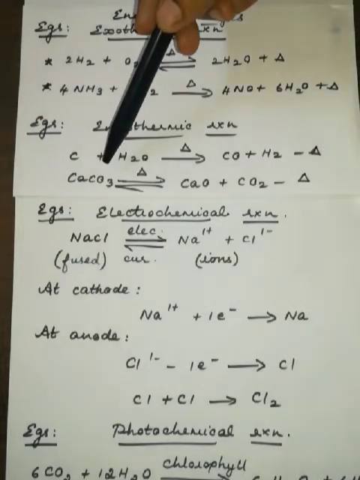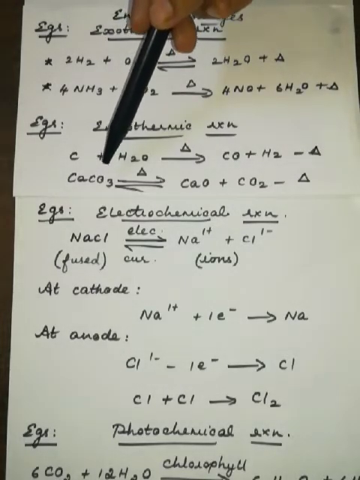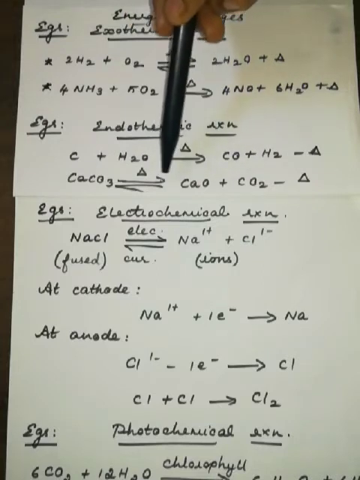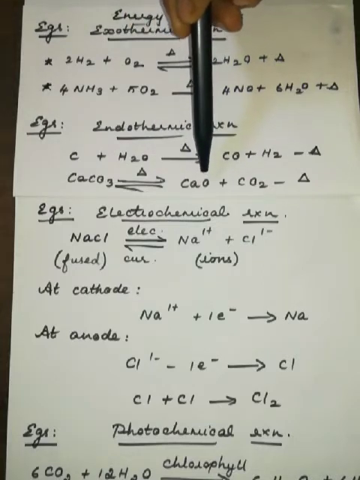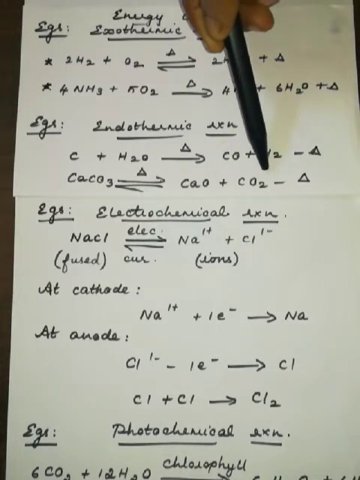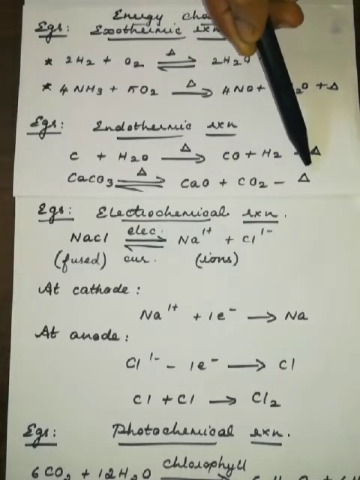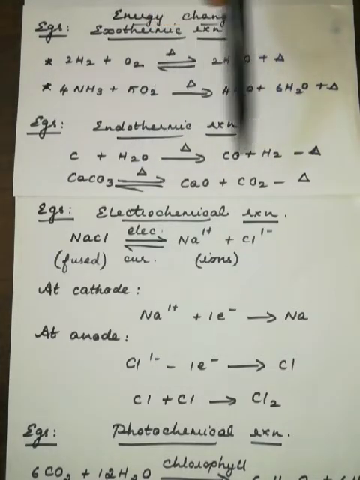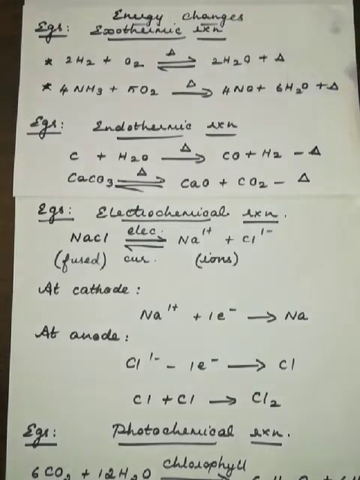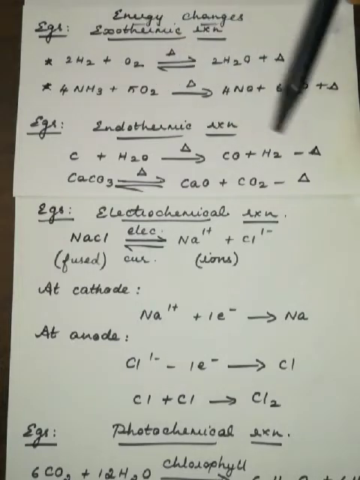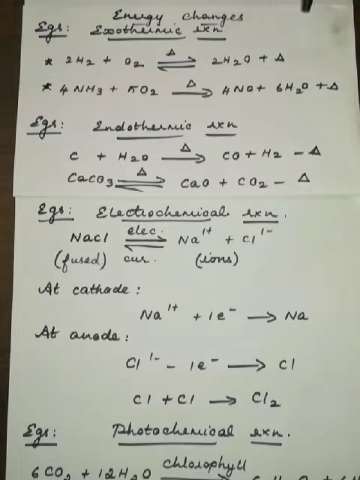In the same way, when you heat calcium carbonate, that is limestone, you get quick lime, that is calcium oxide, and carbon dioxide, and heat is absorbed. So a lot of heat will be absorbed in this reaction. These reactions are all examples of exo and endo. Exo means heat is liberated, endo means heat is absorbed. You can identify easily: the plus heat sign is exothermic, the minus heat sign is an endothermic reaction.